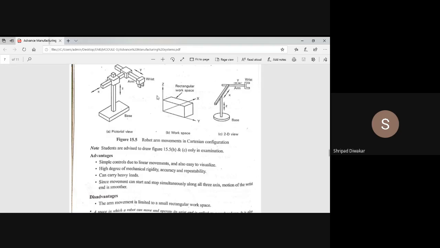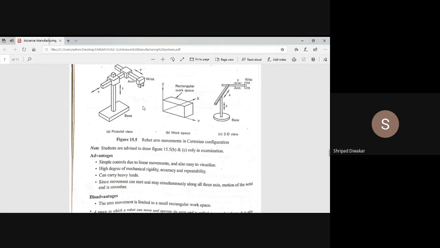Second advantage is that due to linear movement, we get a high degree of mechanical rigidity, and accuracy is also high, and we can also achieve repeatability using the Cartesian coordinates.